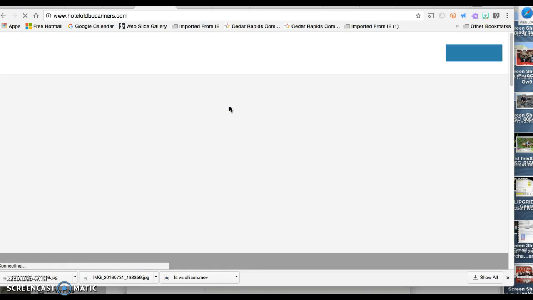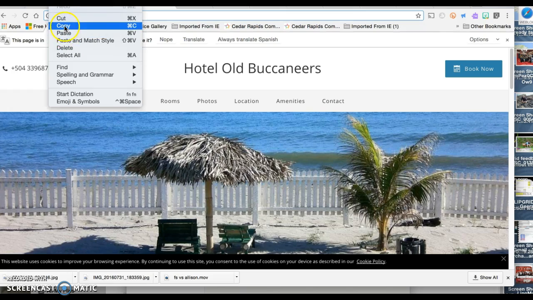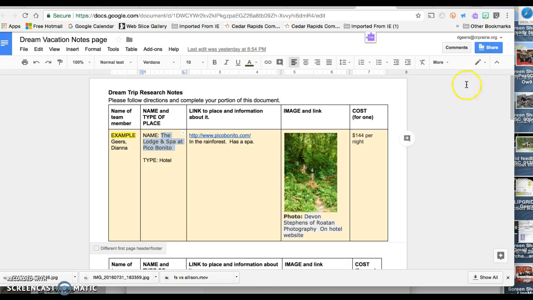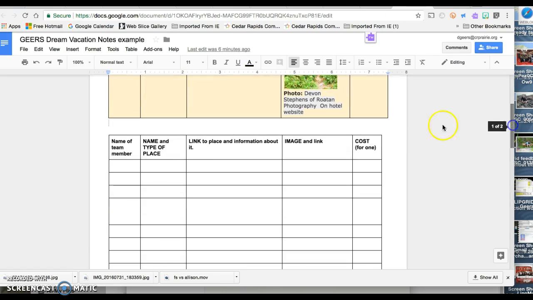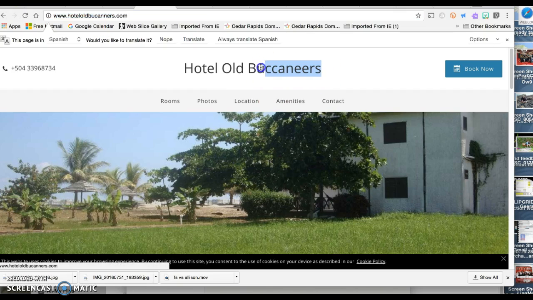So I'm going to go to that website. I'm going to add it to my notes sheet so that I don't forget to keep track of what I'm doing, although this one's the one I actually want to use so I don't ruin this sample. Here's the link to that website, and I'm going to go back and copy the name of it.